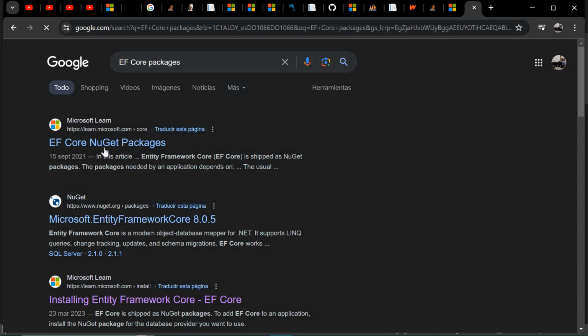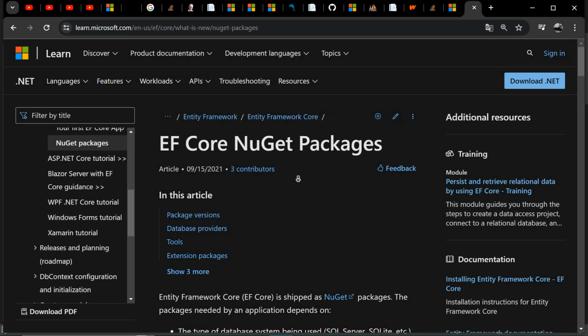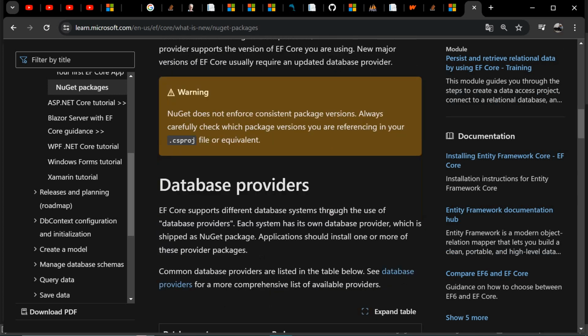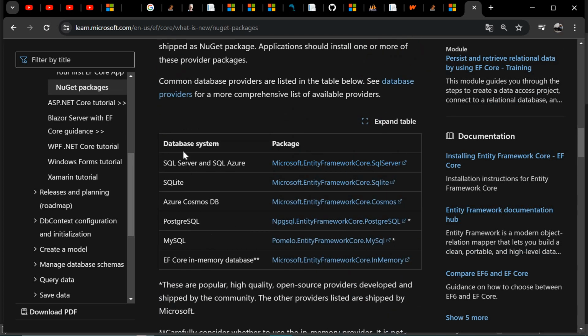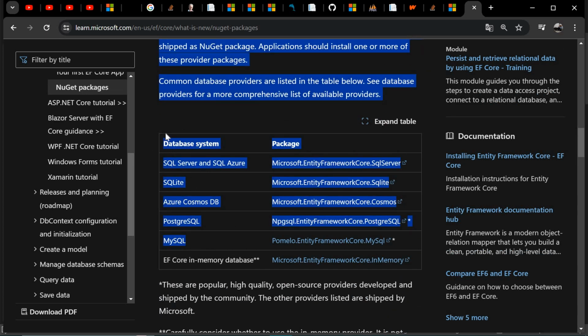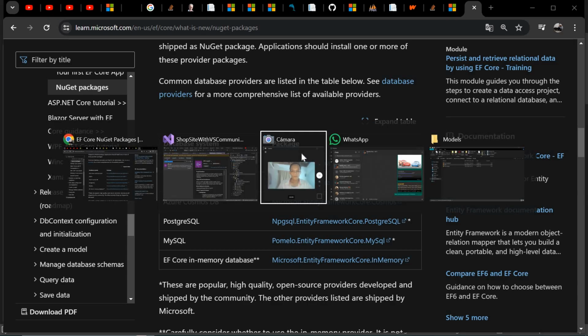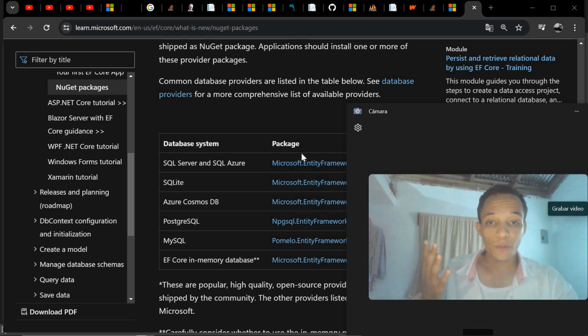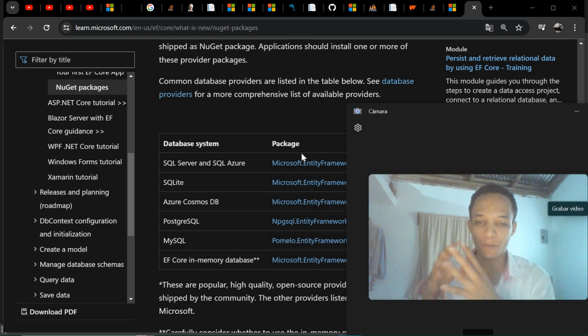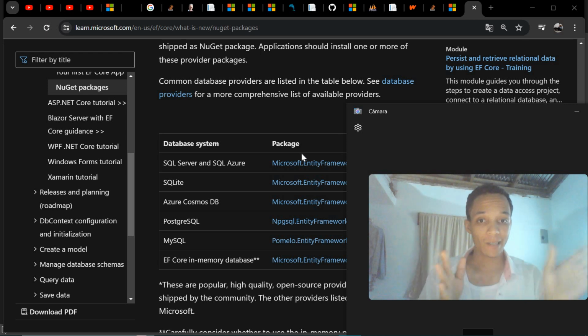And you will see that it has a lot of packages that can be installed. Those are packages for data, sorry, for the database. Because as I told you, it is what is going to give you a connection to many things, to frameworks, to databases,